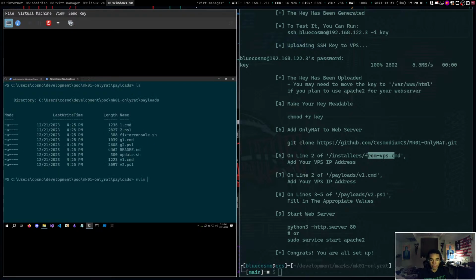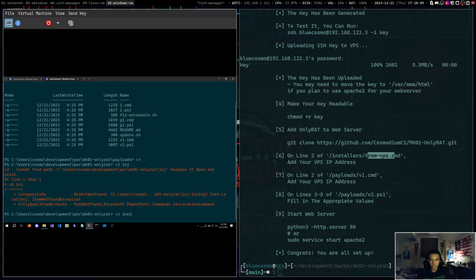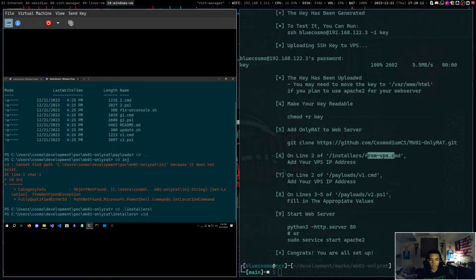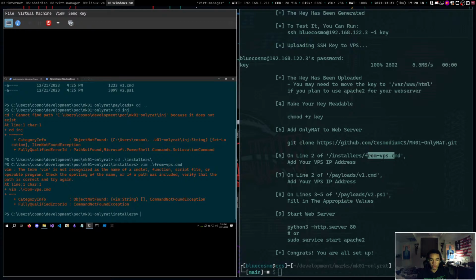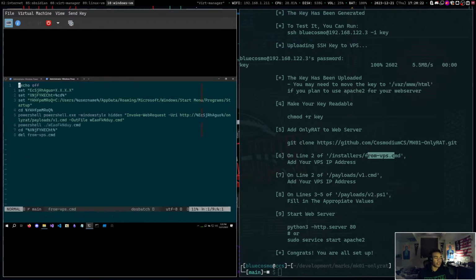So nvim, actually cd out of here, cd into installers, and then vim from vps. That's cmd. Oh my gosh, nvim. I need to make the alias on